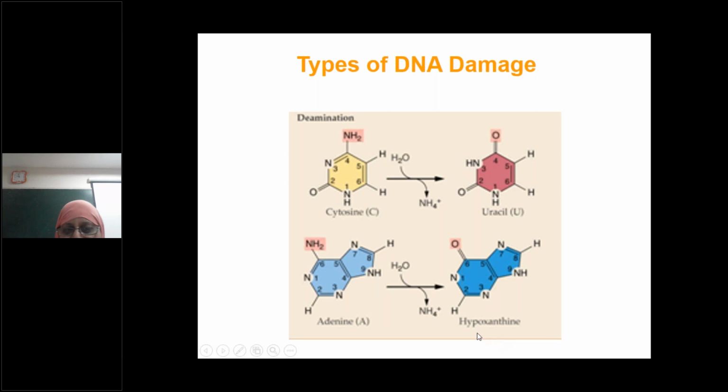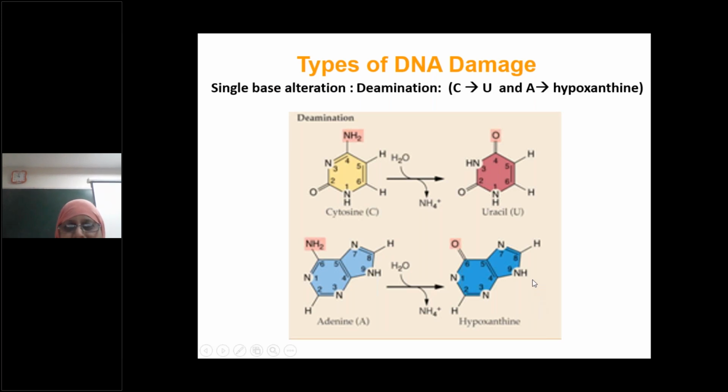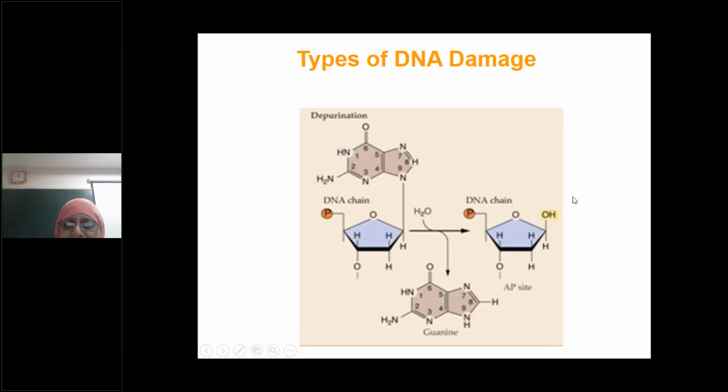Similarly, you have adenine over here. The amino group of adenine, if it's removed, it will result in the formation of hypoxanthine. So what is happening is that with single base alteration, cytosine is being converted to uracil and adenine is being converted to hypoxanthine. Then if you go for depurination, so here you can see this is a DNA chain,